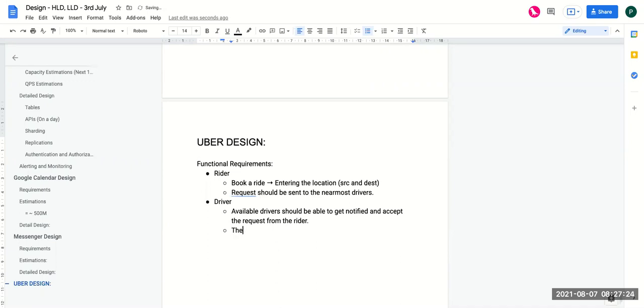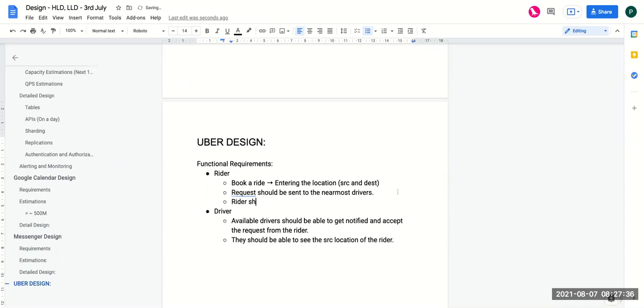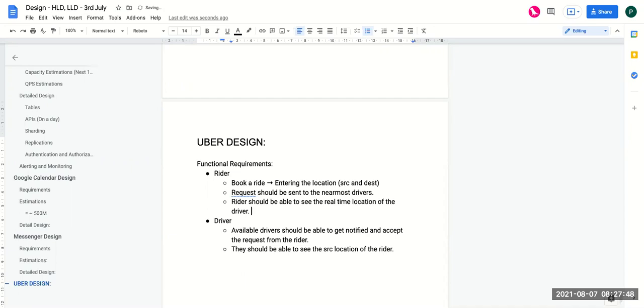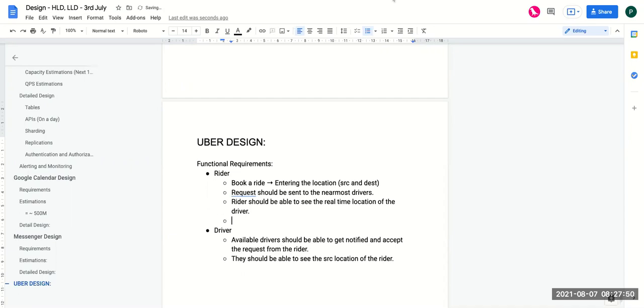They should be able to see the current location and the source location of the rider. The rider should be able to see the real-time location of the driver. Correct. What else do we want apart from this?